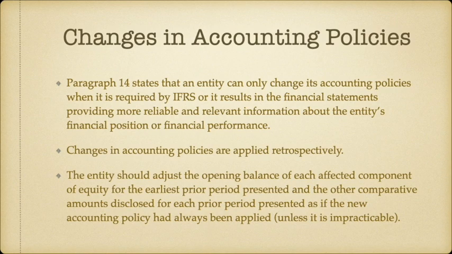Now, these changes you're only going to do if it would be practical for you to do so. So the standard says that if it's impracticable to do this, then you wouldn't apply the change retrospectively, you would apply it prospectively. And like I said, there is an example in IAS 8 in the illustrative examples, which deals with this prospective application. The thing with the prospective application is that there's just going to be a difference in what you include in your accounting policy note. But like I said, in this video, we're only dealing with a voluntary change that is being retrospectively applied.